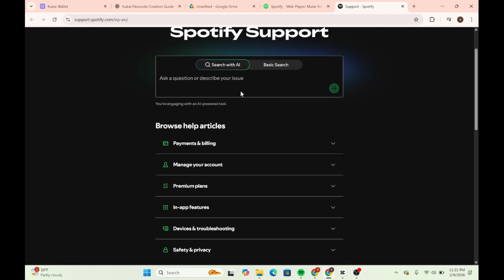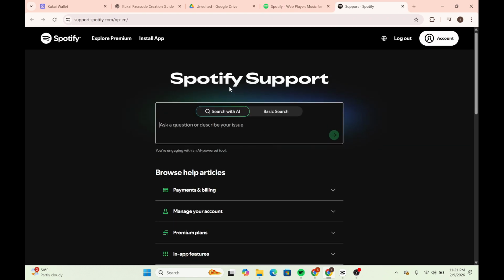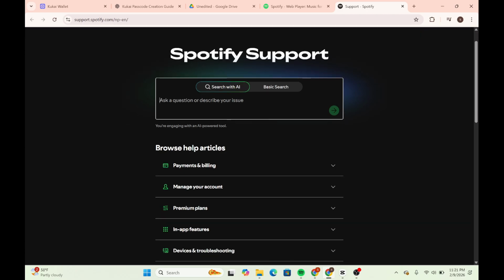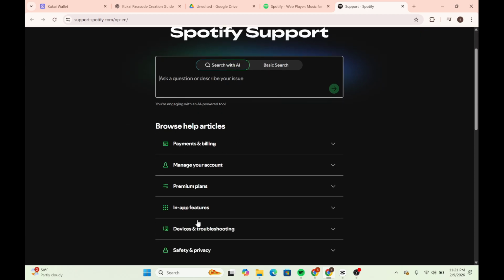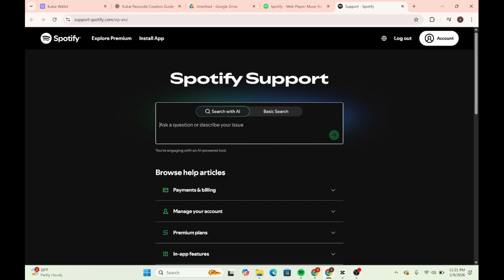Over here, you can also ask a question or describe your issue to the Spotify support. And if you want to browse help from the articles here, you can also select this. And over here a chat window opens where you first talk to your Spotify virtual assistant. You can type an issue clearly, for example you cannot log into your account, and the virtual assistant may give you a solution or it will connect you to a real agent. And live chat is usually faster than email and works best for urgent issues. By following the method, you can also solve almost any Spotify problem from account access to app issues and subscription